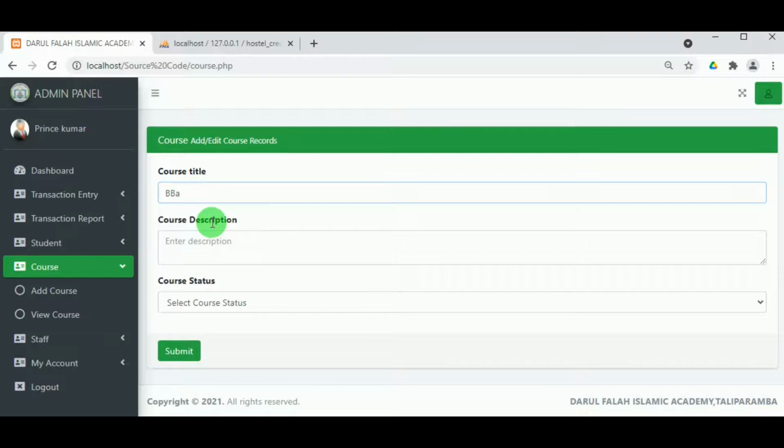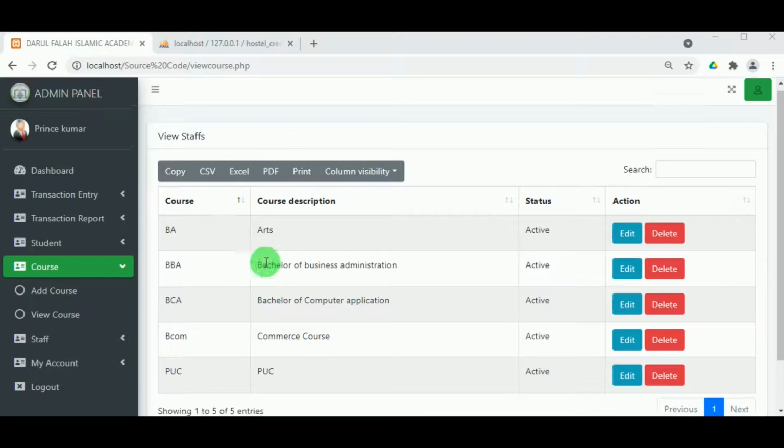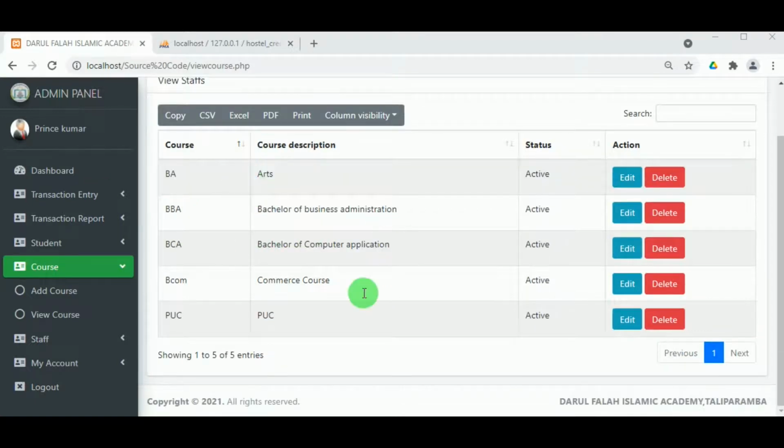In the course section, the admin can add the various courses available in the college hostel, so the students belonging to these courses can join the hostel. The course name, course description and status must be selected. Again, adding and viewing courses is available only for the admin, not for the staff.